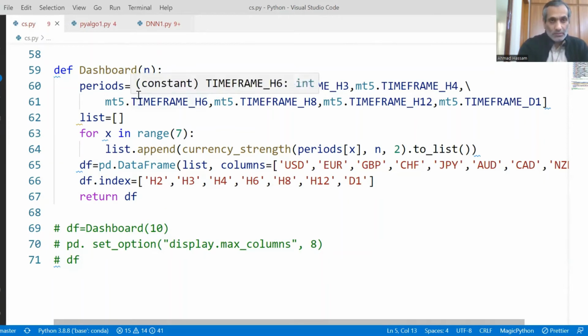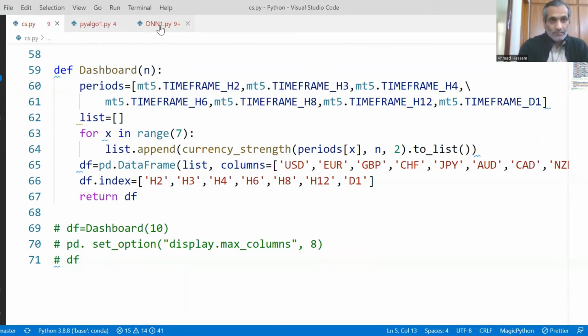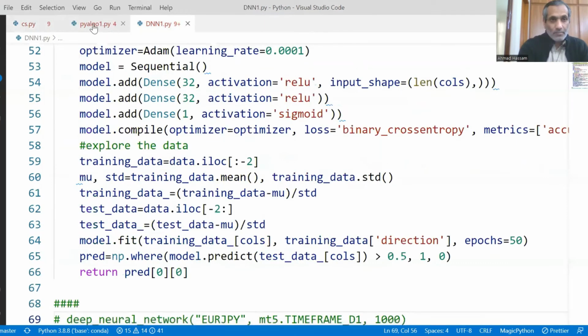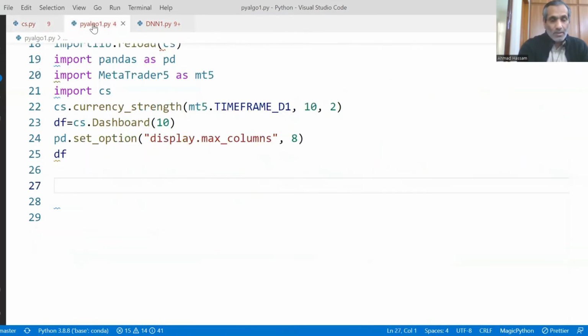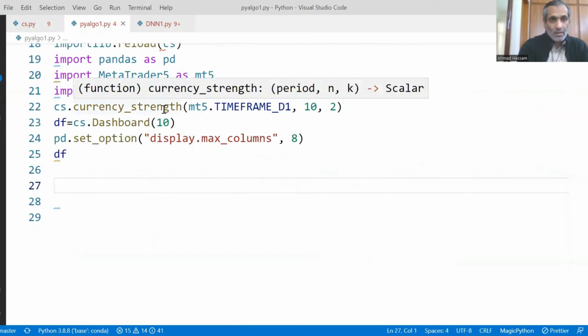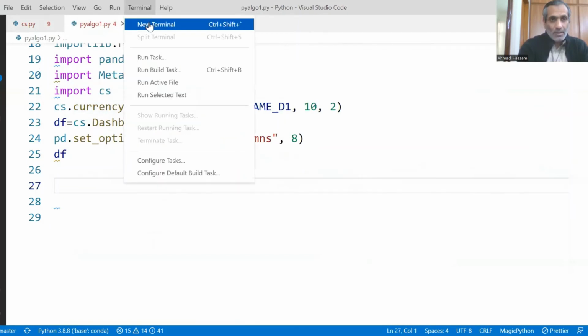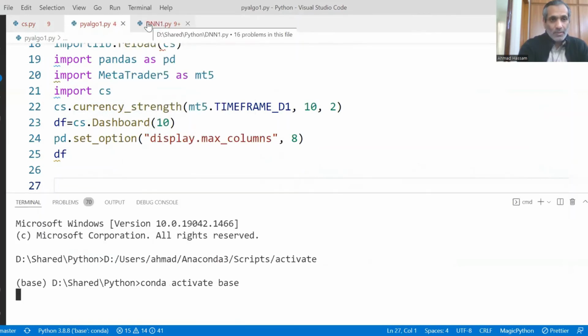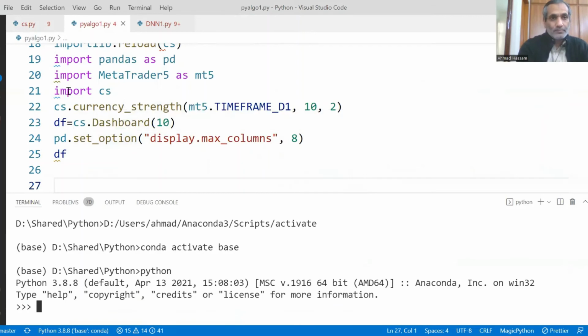Let's now use it. Let's open the terminal, run the Python interpreter, and import. This file is CS, currency strength.